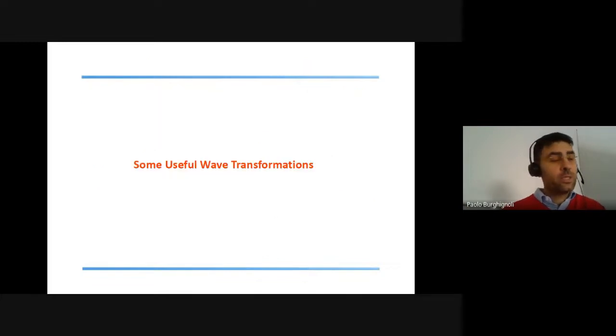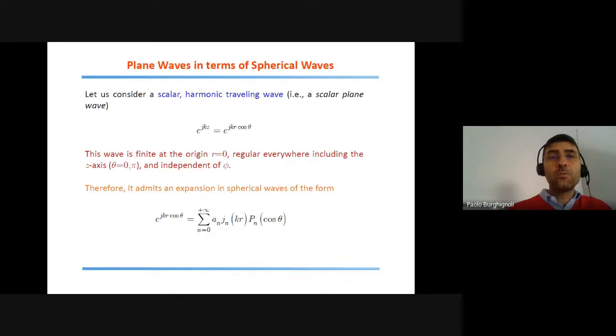And before taking our break, I will introduce some useful wave transformations in spherical coordinates. The first one is the representation of the familiar plane wave in terms of spherical waves. Consider, for example, a very simple scalar plane wave that is propagating along the z-axis, in the negative direction of the z-axis, so e to the plus jkz. That is, in spherical coordinates,